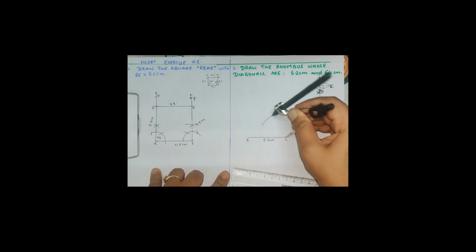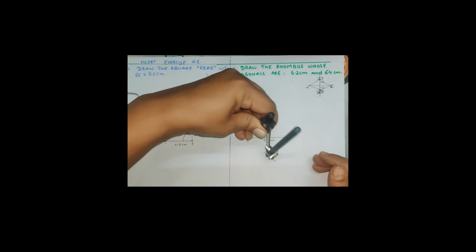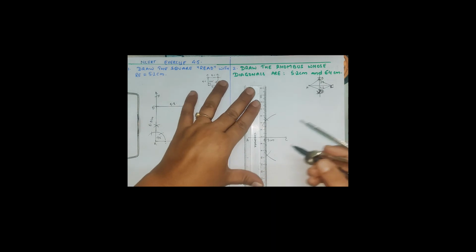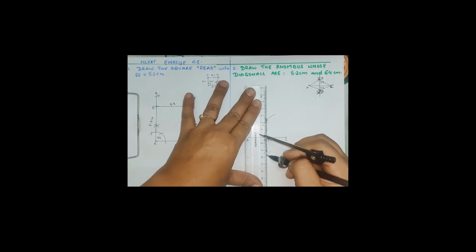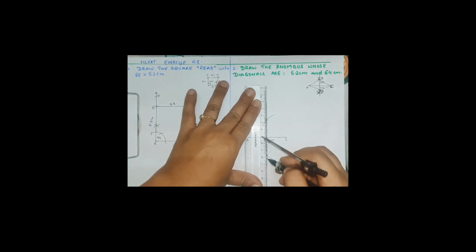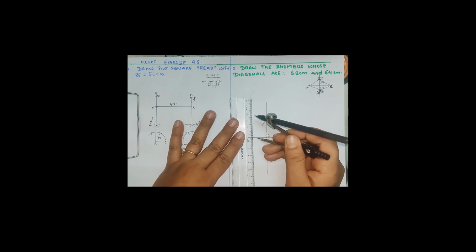Perpendicular bisector we have already read in the class. We have learned in class 6th how to draw the perpendicular bisector by taking more than half measurement, cutting an arc upside and downside on either side of the diagonal. In this way you will get your other diagonal's measurement like this. Now let it intersect at O. We have to cut 3.2 centimeter length up and down on either side of the drawn bisector.